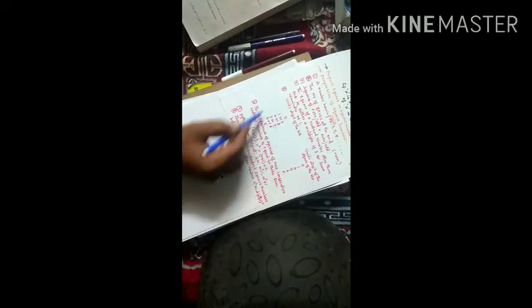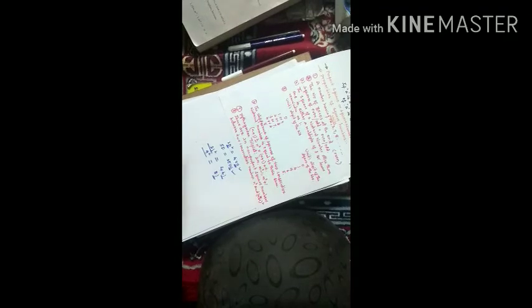But here, according to this information, I want to make a statement about 0, 1, 5, 6. If you see these four numbers, I want to make a statement here. If a number ends with 0, its square number also ends with 0. If a number ends with 1, its square number also ends with 1. If a number ends with 5, its square number also ends with 5. If a number ends with 6, its square number also ends with 6.